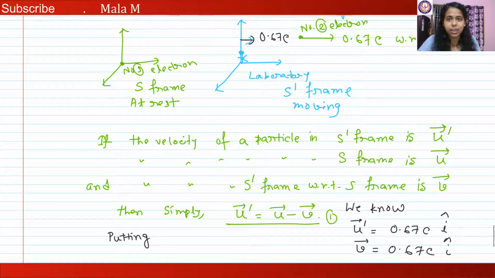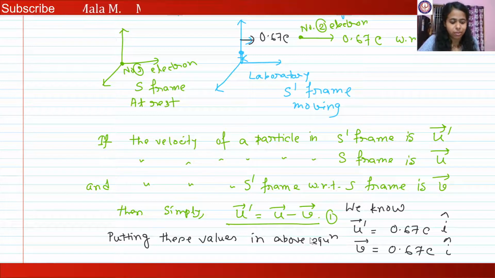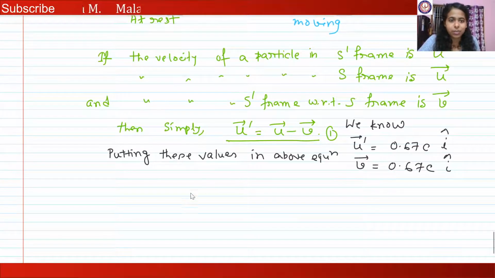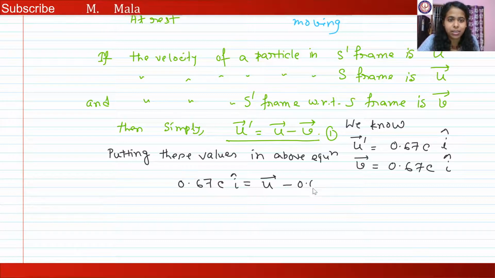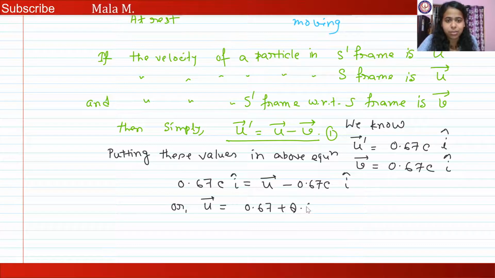So putting these values in the above equation, what do we get? We get 0.67 c i cap is equal to u minus 0.67 c i cap, or u is equal to 0.67 plus 0.67 c i cap is equal to